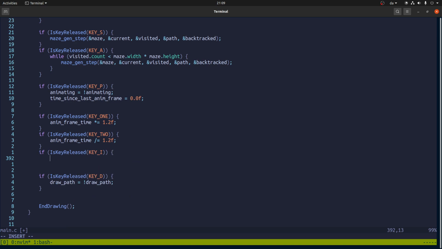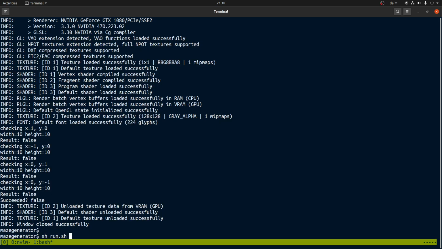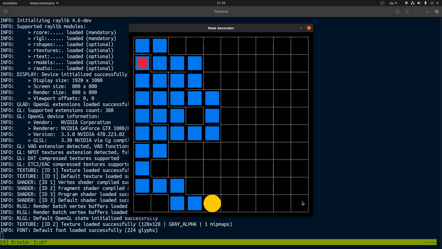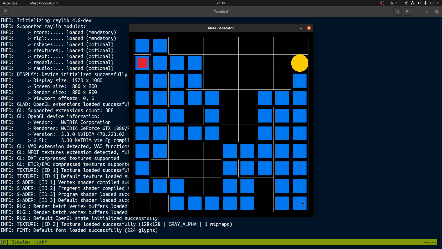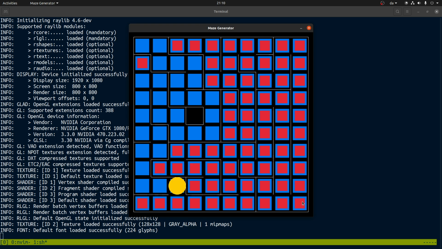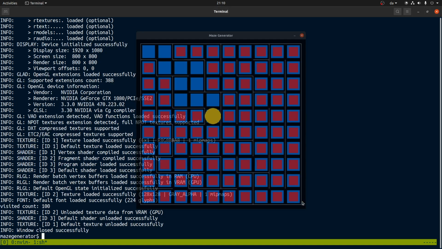So let's say key info, and if we ask for info, we'll say visited count is this thing, and it's going to be visited.count. And we'll go over here and we will run the animation for a bit. I can stop it again just to check. Great. So now, what is the visitor count? The visitor count is 100, so probably